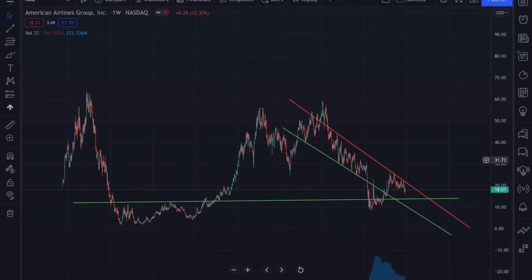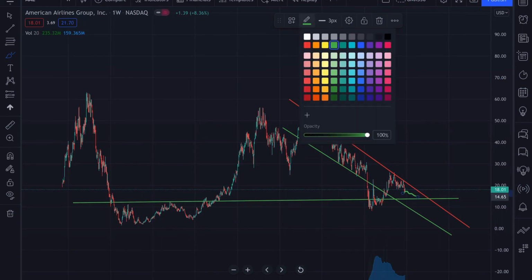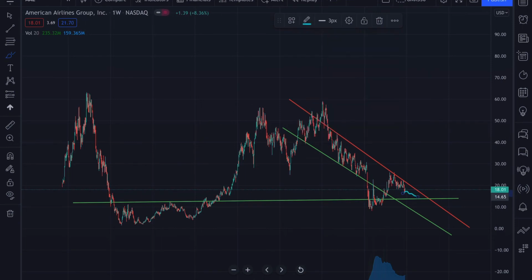But due to the financial situation with the coronavirus, I believe that we will continue to see the stock price move downwards, something like to continue down the line here. Let me change that color so we can see that. So I believe we'll continue to move downwards. Looking at my price range, my price target is around $14 per share or $10 per share.